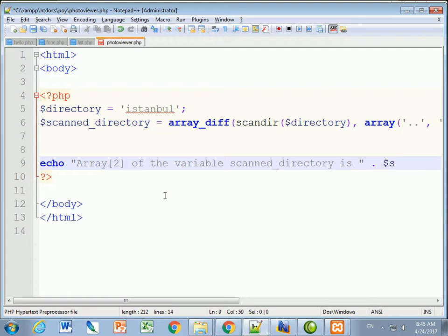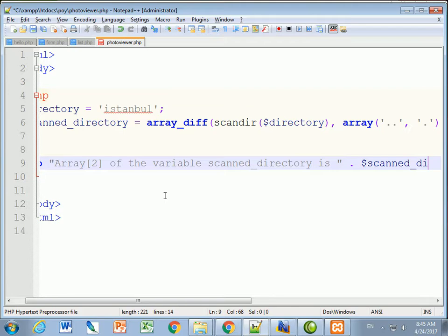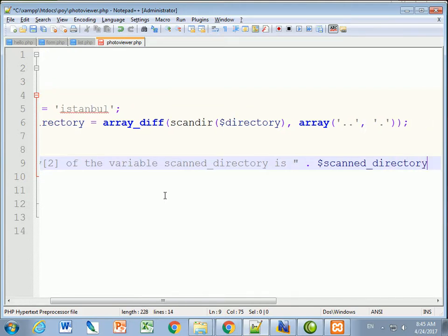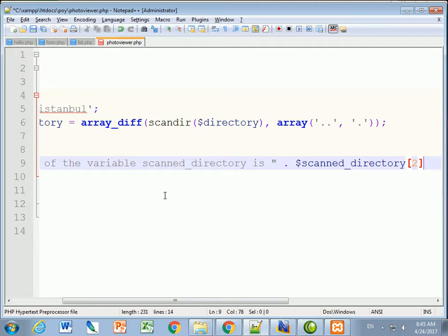So the variable is called $scanned_directory, and I want element number 2. Let's run and see what the second element is in the folder. I'll hit save, and if I refresh, it says array 2 of the variable scanned directory is Istanbul